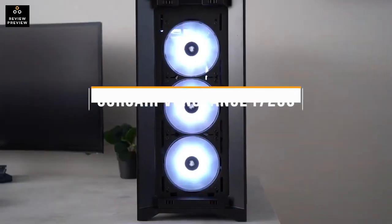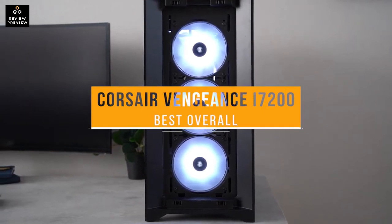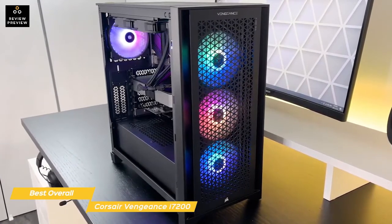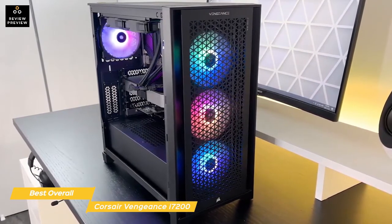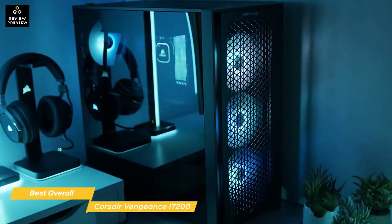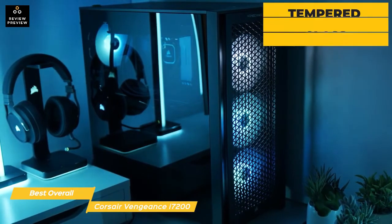Finally, the Corsair Vengeance i7200, our pick for best overall gaming PC. Corsair's Vengeance i7200 is an upscale gaming desktop computer that shines at 4K gaming thanks to its powerful CPU and GPU combo and is truly one of the most powerful gaming PCs available, capable of handling nearly anything you can throw at it. The Vengeance i7200 is a mid-tower 4K gaming desktop that has a spacious case that's outfitted with